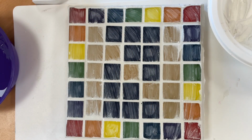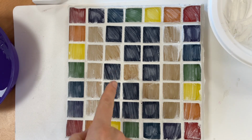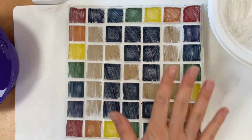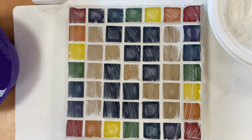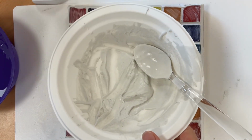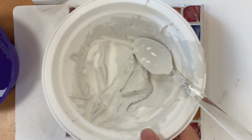As we wait for this to dry a little bit, you can see that it is still very shiny and very wet looking. That is how we know that it still needs a little bit of drying time. We should not be wiping anymore while it's still this wet. However, what we do need to do is clean up our grout. So first, check if anybody else needs this